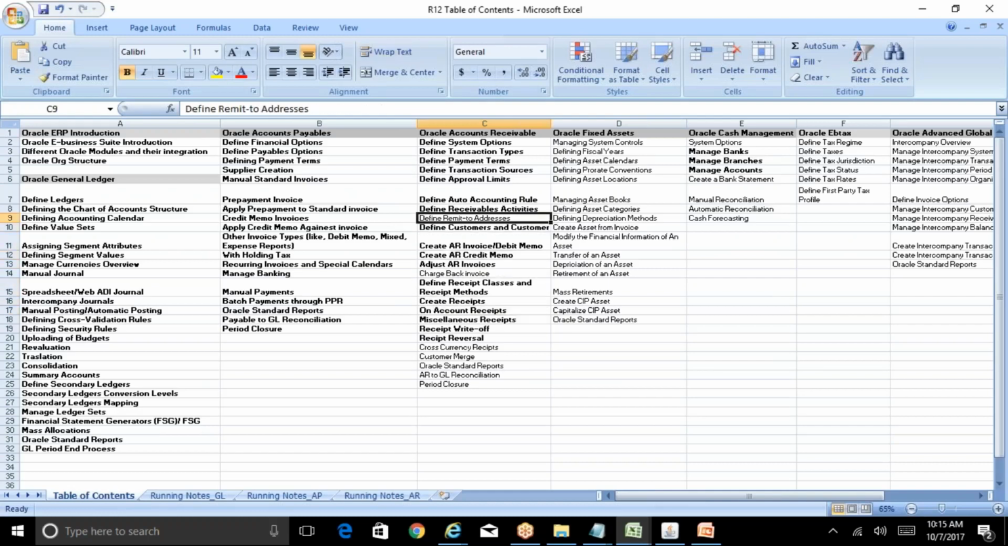One more thing which we missed out is remit to address. There is a screen called remit to address, wherein you need to specify that particular remit to address. When the customer is remitting, especially if it is a check, to which address do you need to send that particular check? So in the remit to address screen, you specify the address wherein the customer needs to send the check to us,